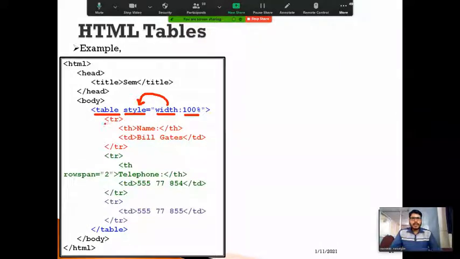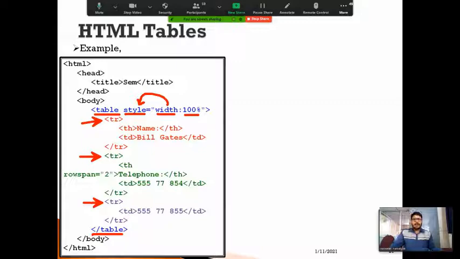Here we can see this is the opening tag of the table, and this tag has been closed here. As you can observe, the table tag has been closed here. Within this table tag, I'm going to include 1 tr, 2 tr, and 3 tr.